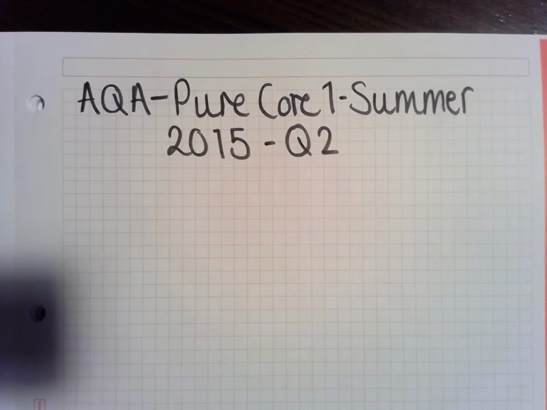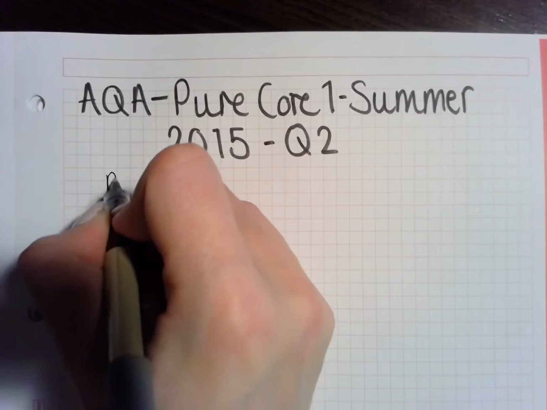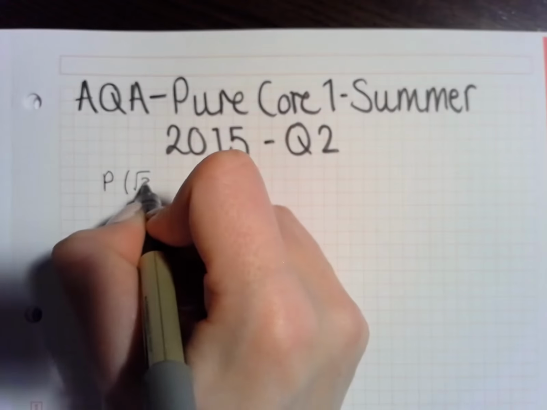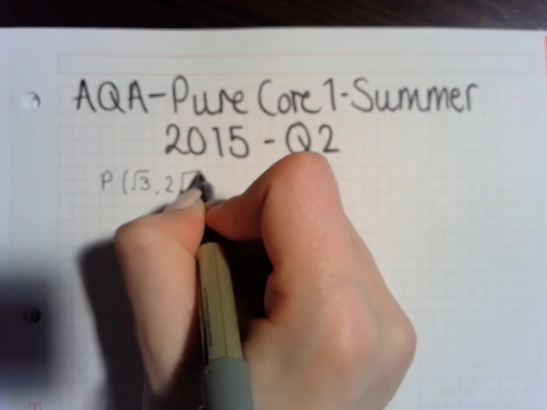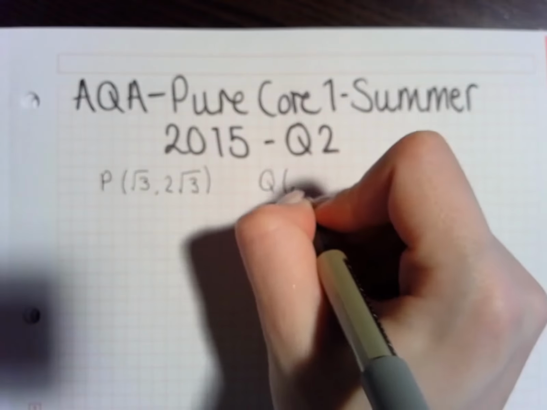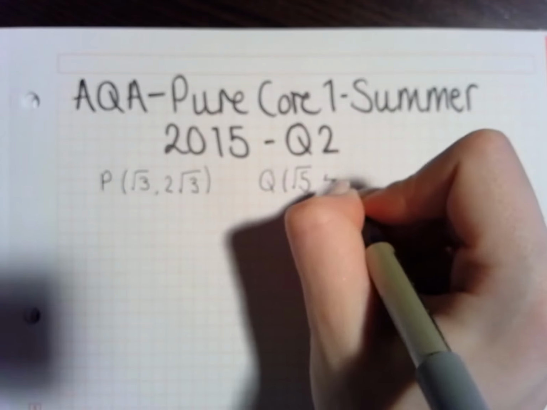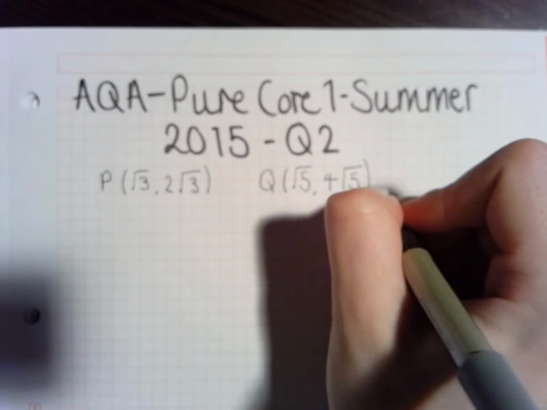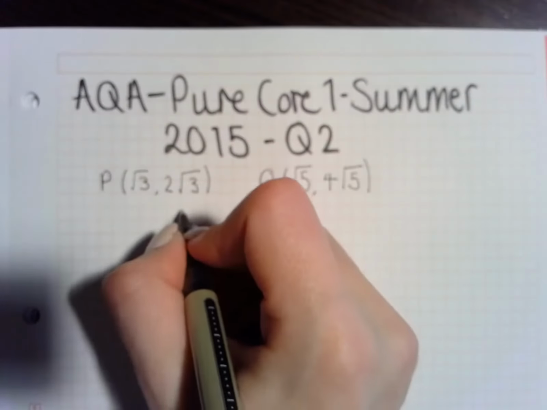Hello, so this is AQA Pure Core 1, Summer 2015, question 2. So this says the point P has the coordinates root 3, 2 root 3, and the point Q has coordinates root 5, 4 root 5. Show that the gradient of PQ,